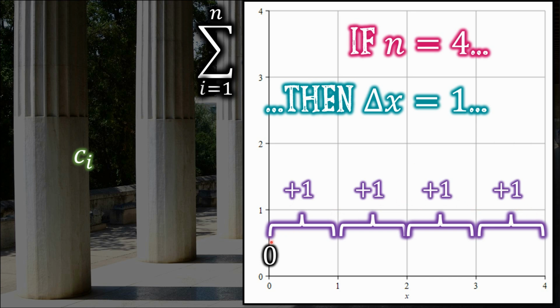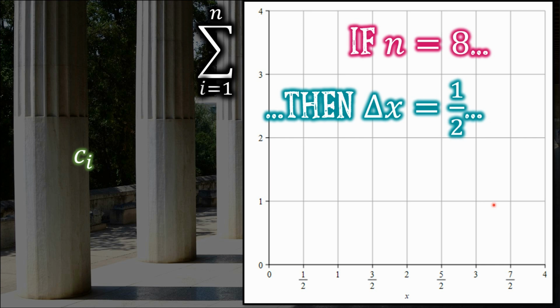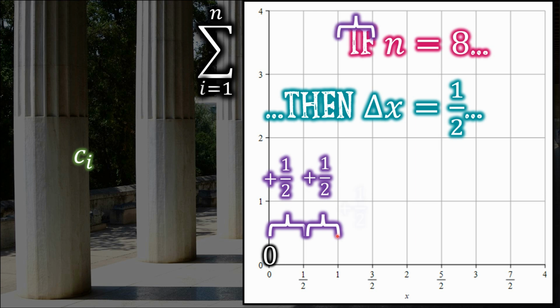I got them just by starting at the left spot of my interval and then just adding the width of a rectangle each time. Same goes for when n equals 8 too, right? My delta x in that case is 1/2, and we went by midpoint when we did it in class, but if you went by right endpoint, same business. I'd start at 0 and say my next interval will start 1/2 later at 1/2. And the one after that will start 1/2 later at 1, and then 1/2 later after that to 3/2, and